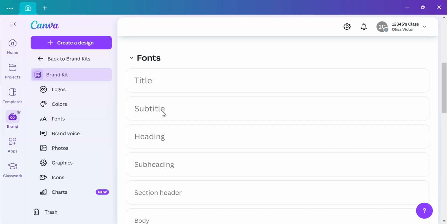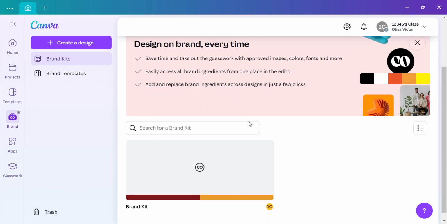They'll be open for editing, and this is how to create a brand kit of color